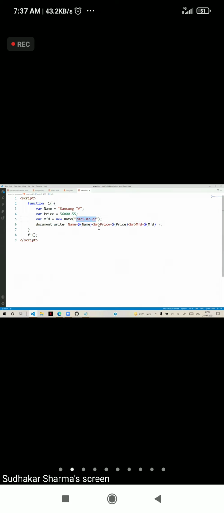If you use any other format, some browsers may understand, some browsers may not. But year, month, day format is the standard format understandable to every browser. So always use this format. You cannot change this format. You can change the display format, not the input format.